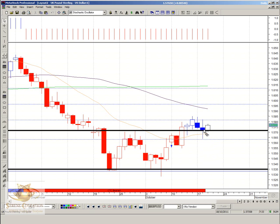We saw almost 200 pips, the range 200 pips odd yesterday, but still closing very indecisive in the middle of the candle, so equal distance of wick on either side, confirming that the buyers and the sellers were indecisive in terms of price action or where it's likely to go next. However, what it's done is it's stayed above this 1700 mark, which we had prior resistance,